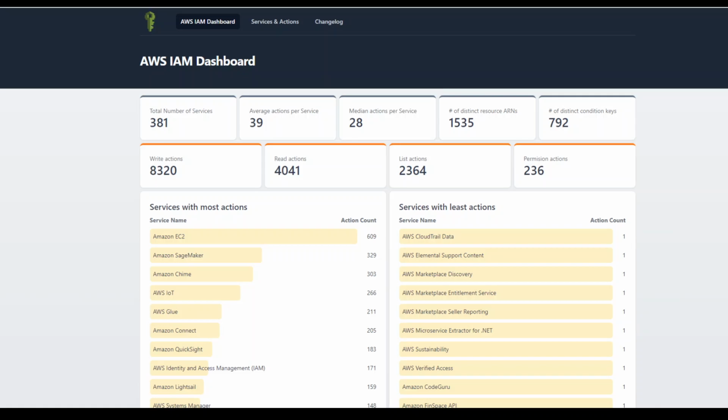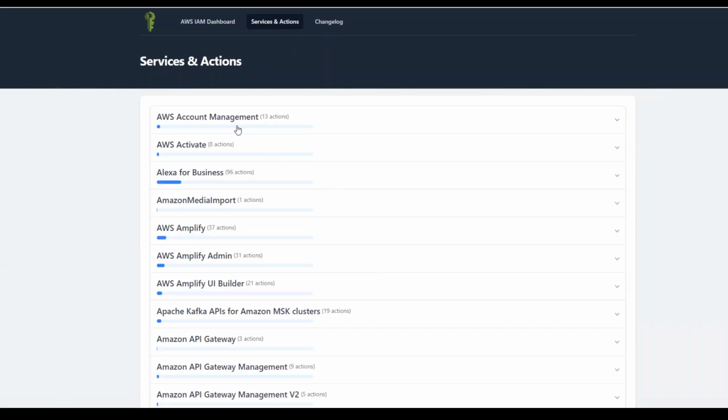I just stumbled upon this new and nifty tool called the AWS IAM Dashboard. This AWS IAM Dashboard tells you which AWS services can perform what actions. So if you look at this website and go to the Services and Actions tab, you can see all of the